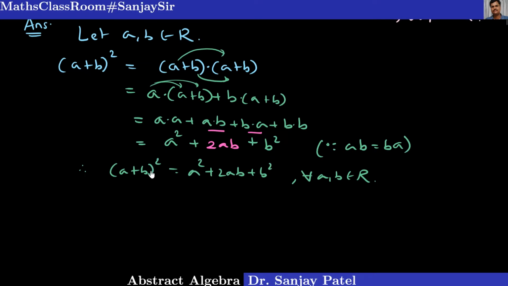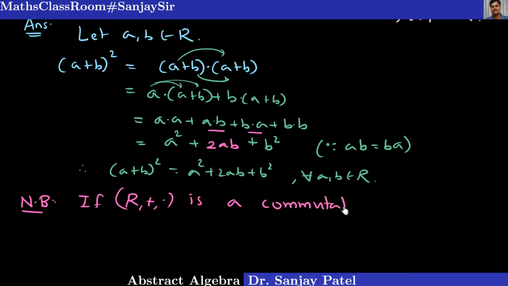What I want to discuss here is that the converse of this problem is also true. But before that, let me give you this important remark, and that you can prove yourself. If (R, +, ·) is a commutative ring, then we have